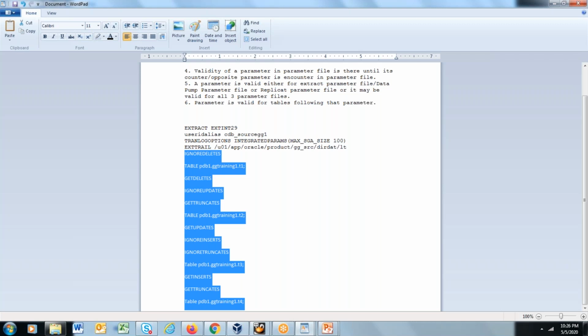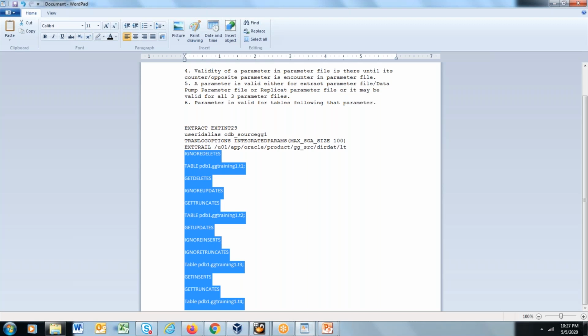So you are capturing the data of the tables based on the business requirement. You are using the combination of default parameters, the combination of opposite parameters, and also providing tables for which the parameters will remain valid.